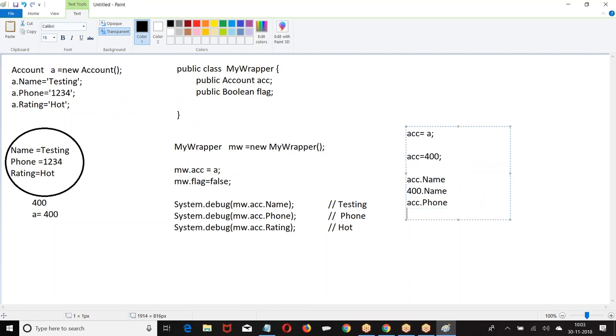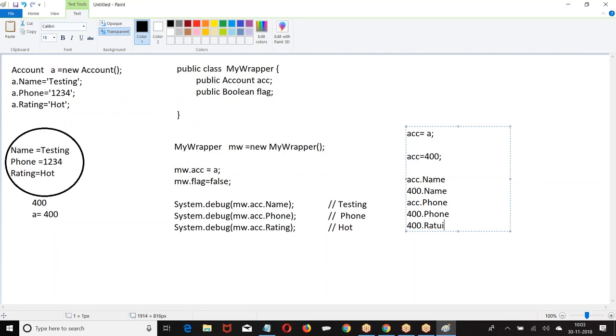ACC dot phone number: in that 400 location the name, in that 400 location the phone number, in that 400 location the rating. Are you getting my point? A reference variable is referring to one location. I'm saying, whatever location A is referring to, assign the same location to ACC. So both of them are referring to the same location. I hope you are good with this.